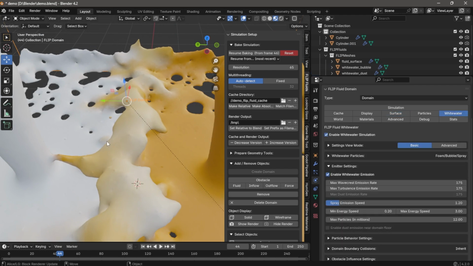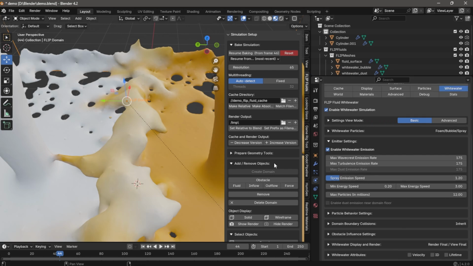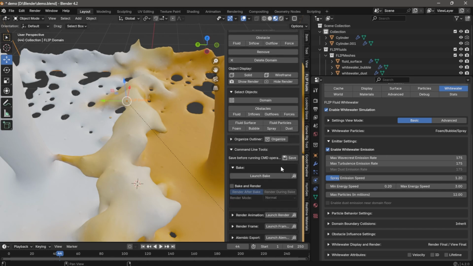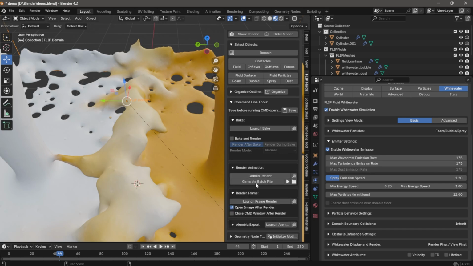You enable your whitewater simulation. And this is the thing that was messing with me the most. If you do not bake your animation, you will have glitchy whitewater. You can probably get away once or twice without it, because I've seen some of mine and I was like, well, it's working here. Why didn't it work the other place? It's because I didn't bake it. So I really highly say bake your animations and generate,